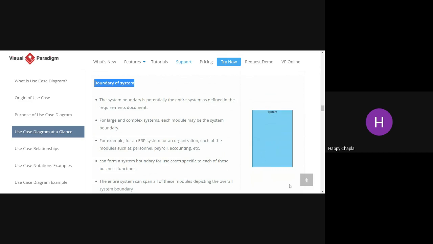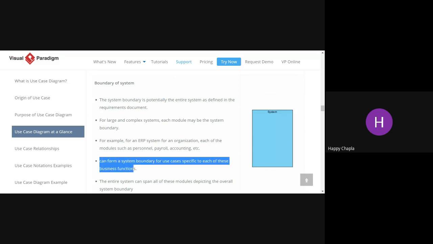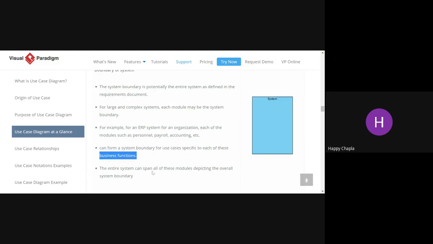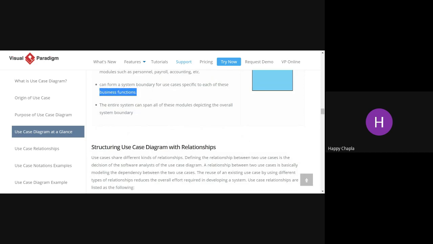Suppose you are going for a library management system. Then for that library management system, all your use cases come under this. Your boundary of system can form a system boundary for use cases specific to each of these business functions. Now, the entire system can span all of these modules, depicting the overall system boundary.